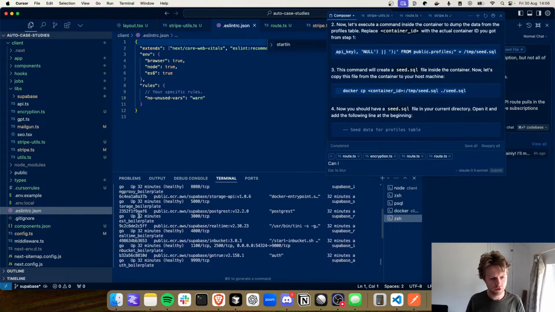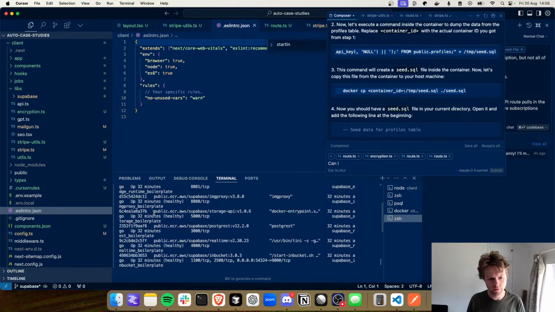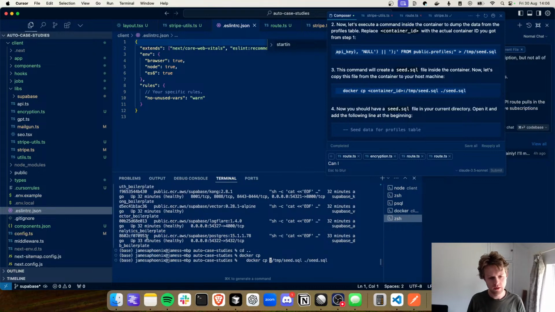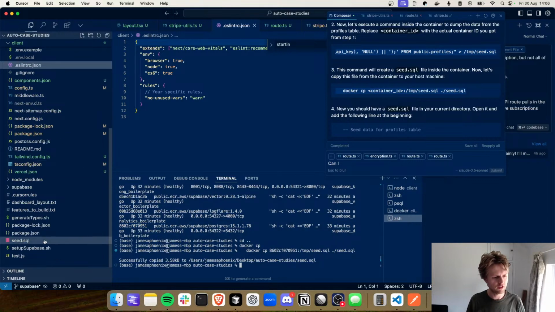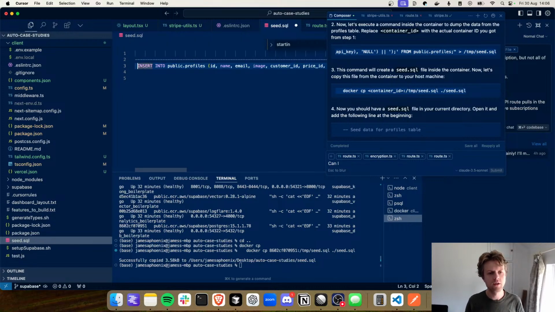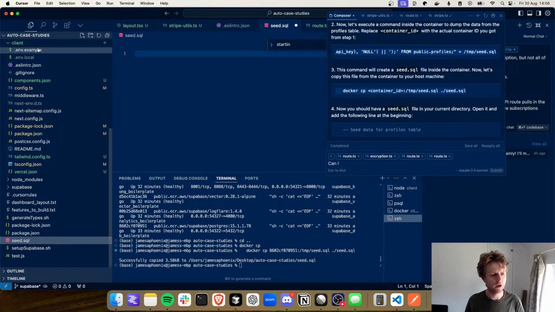And for everyone who's joining, we're just getting some information out of the Supabase container locally. I'm getting that out of the Docker container, and I have successfully copied this seed script, which is nice. So then what we can do is just get rid of this stuff above. And now I've got a seed script,